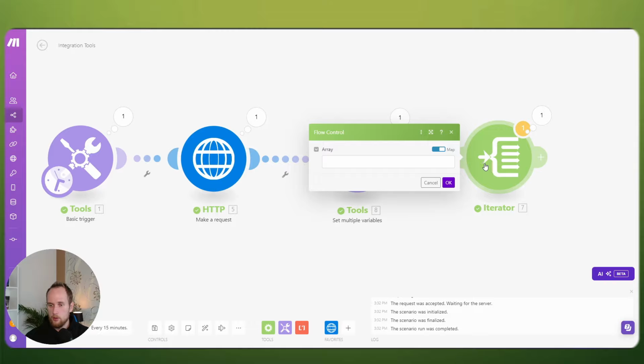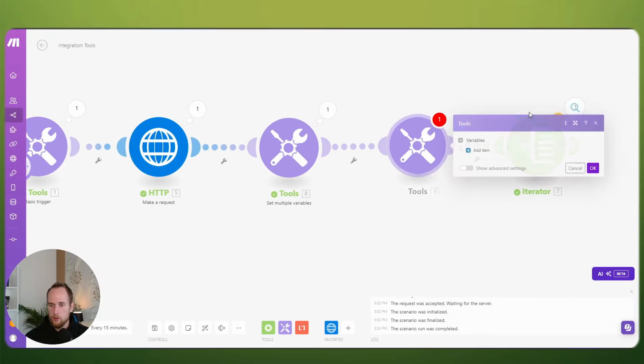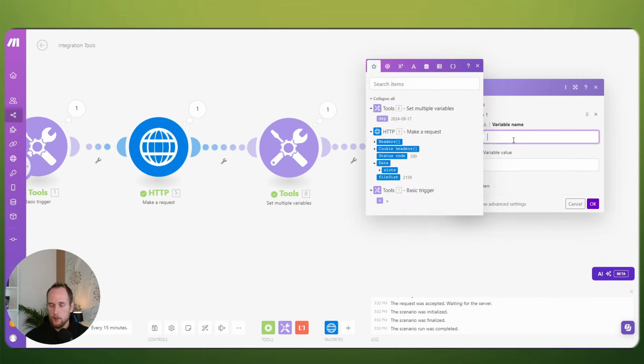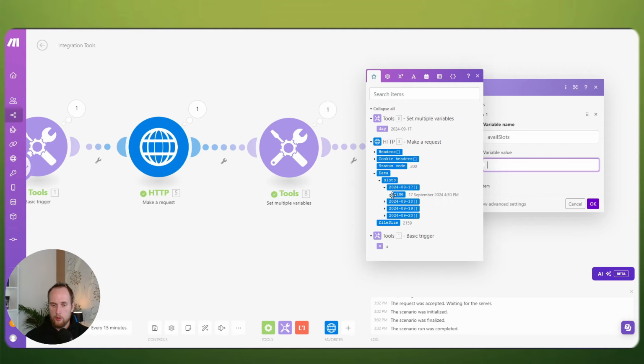And then what I might do is do another module with another set variable. Then I want to access that, and I'm going to call it available slots. So this will then grab whatever slots we have here. And then notice on this Make.com module, it only shows the last possible operation that was